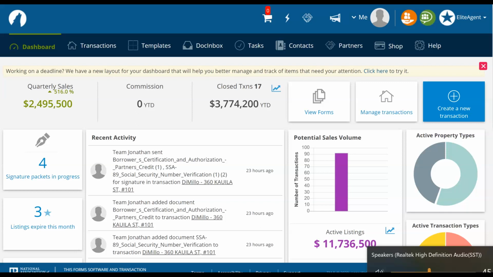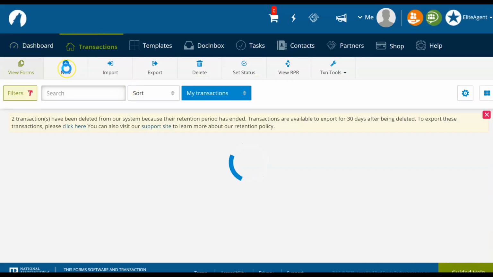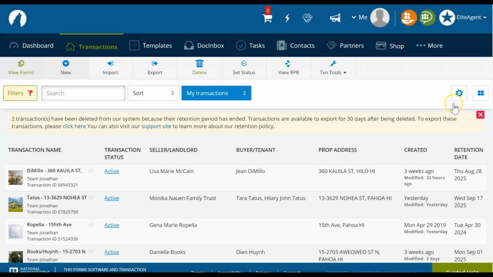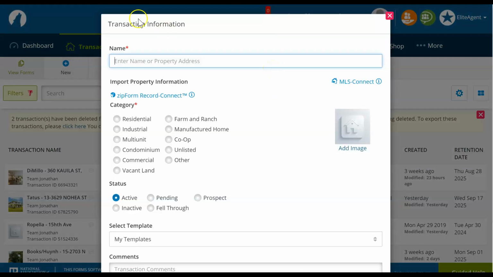Today we're going to talk about how to create a new purchase agreement for a buyer. So we'll start off with logging into our ZipForms Plus, going to transaction, going to new, and new purchase or offer. So with this will be pretty much straightforward transaction. We'll go ahead and utilize